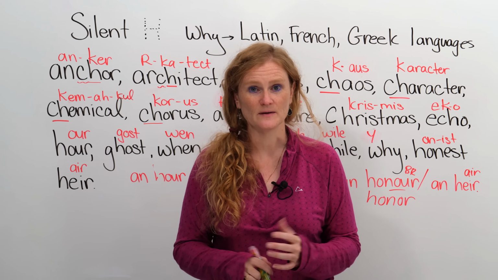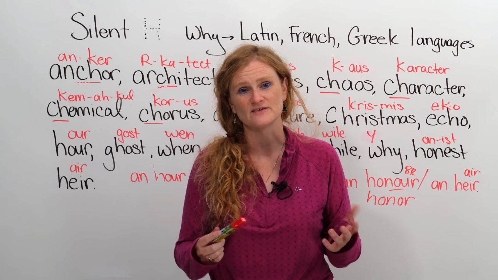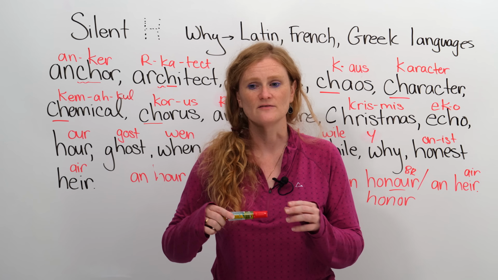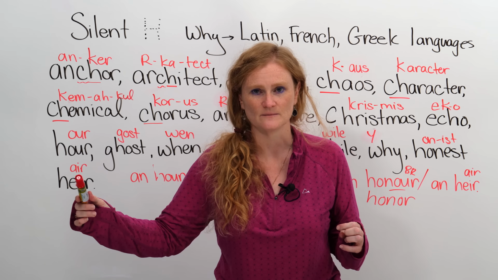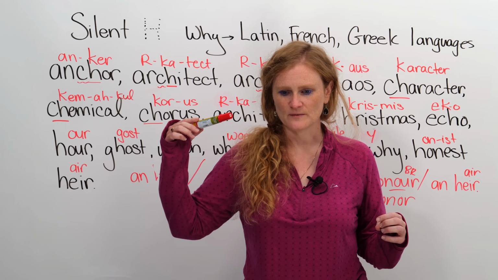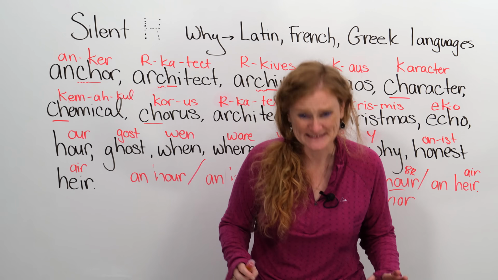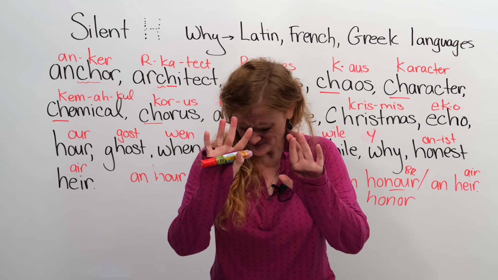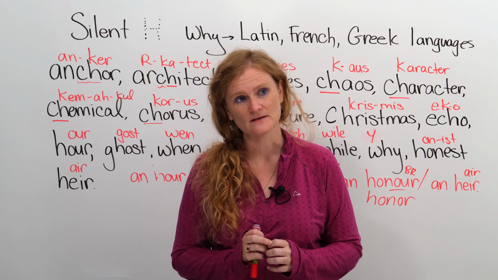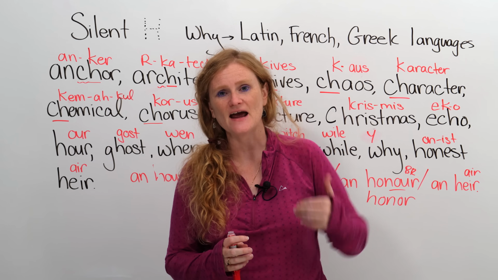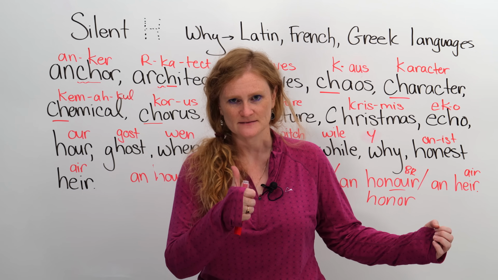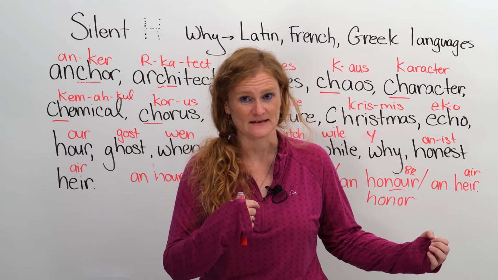Yeah, that's kind of creepy now. Maybe it's creepy and it's the purpose of it, but you can have an heir to the throne, an heir to the kingdom. If somebody's parents die, not somebody's parents, oh my God. If your parents die, I don't want them to die, but when they do, they will. You would be an heir to their property if they have it. And you should give it to me.